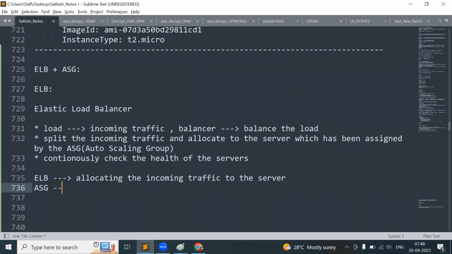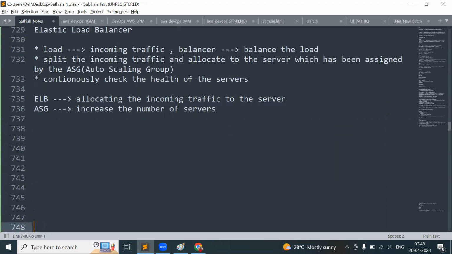AST is only going to increase the number of servers. See, take an example: we are going for one function. In that function,